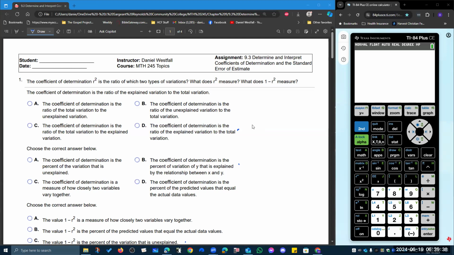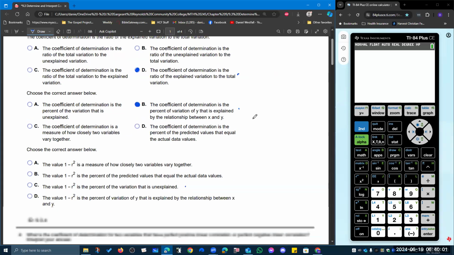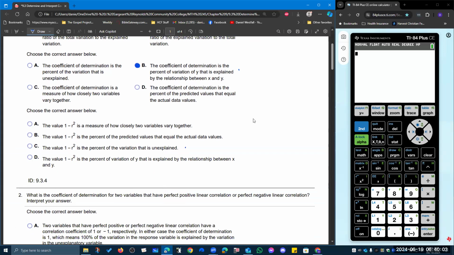The coefficient of determination r squared is the ratio of the explained variation to the total variation. That's our first question. And then what does it measure? The coefficient of determination is the percent of variation of y that is explained by the relationship between x and y. And 1 minus r squared is the percent of variation that is unexplained by the relationship between x and y